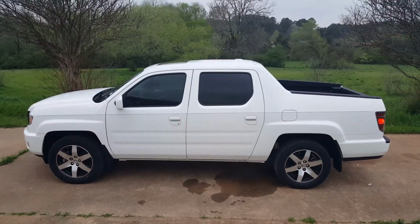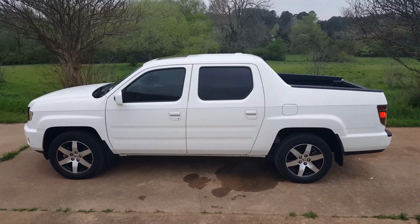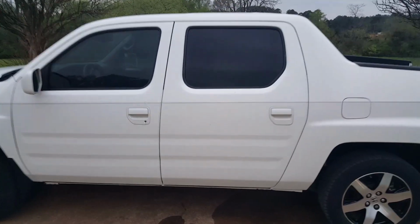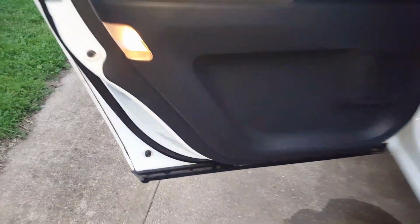There's a first generation 2014 Honda Ridgeline. I'm going to show you all the stuff that's bad about them. See that wet puddle there? That's because the rear doors are like fish tanks. They store water. So all the water is coming from inside the door here,